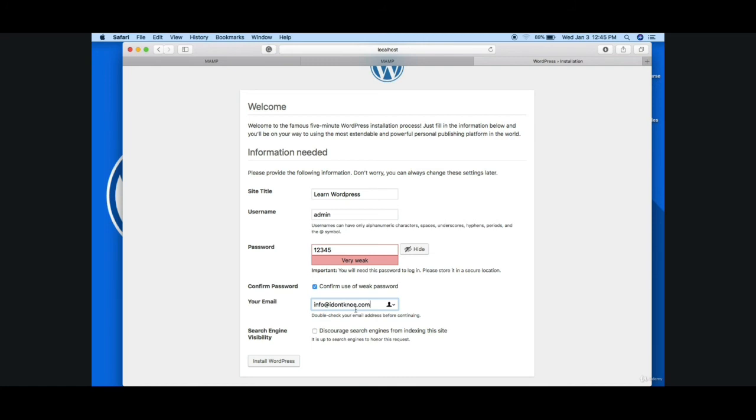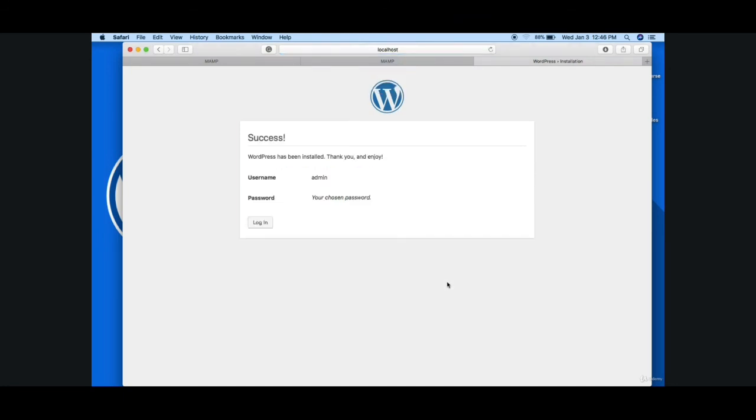I don't know. Let's leave it just as it is. And remember, if you are installing WordPress on the live server or on the web server, you don't want to click this, because if you click this, then Google will never be able to find you. So don't check this and hit install WordPress, and boom, we are here.